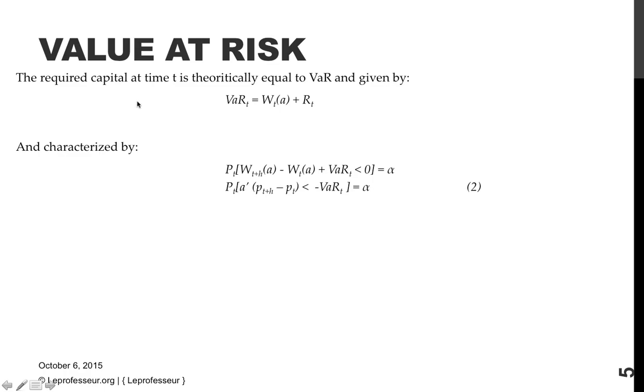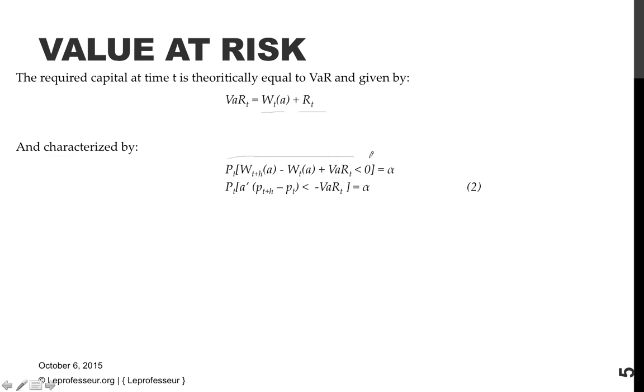Now the required capital at time t is theoretically equal to value at risk. Required capital at time t, meaning present time, we need endowment WT plus RT. Theoretically, that is our value at risk, meaning that we can lose everything, right? However, this value at risk we can characterize by probability distribution